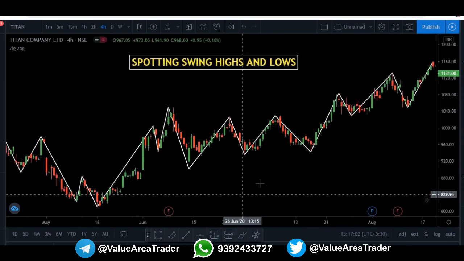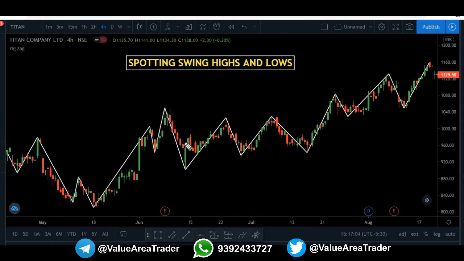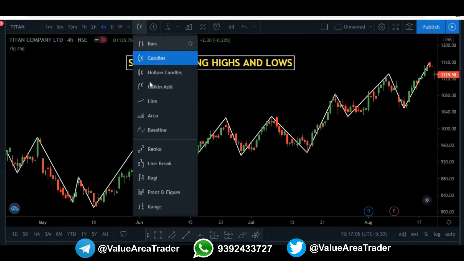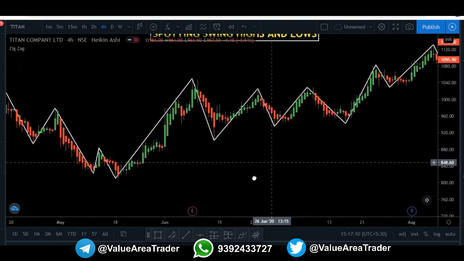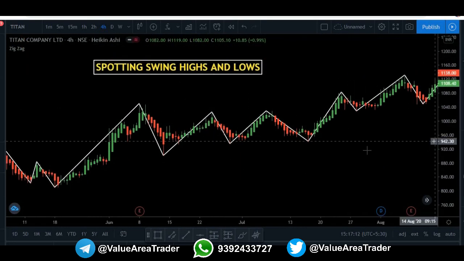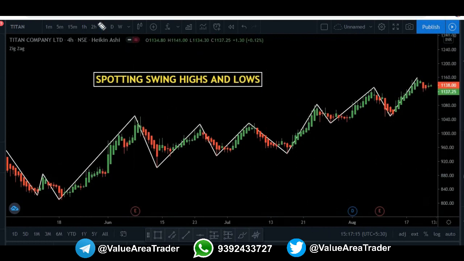If you want to remove the noise of the candles, change it to Heikin-Ashi candles, so it will be smoother. Now it will be very easy for you to analyze when you are going through a stock. I am analyzing on a 4-hour chart, because no matter whether you are doing intraday or swing, you need to first take a view on the higher time frame, either the daily or the 4-hour. I choose the 4-hour, as I am very used to it.